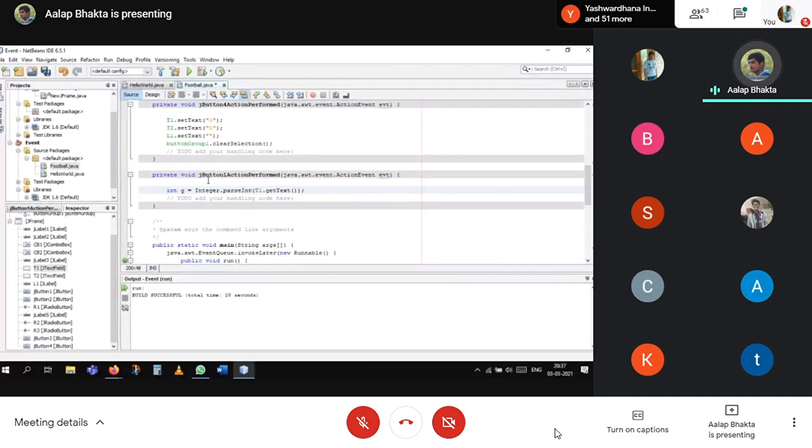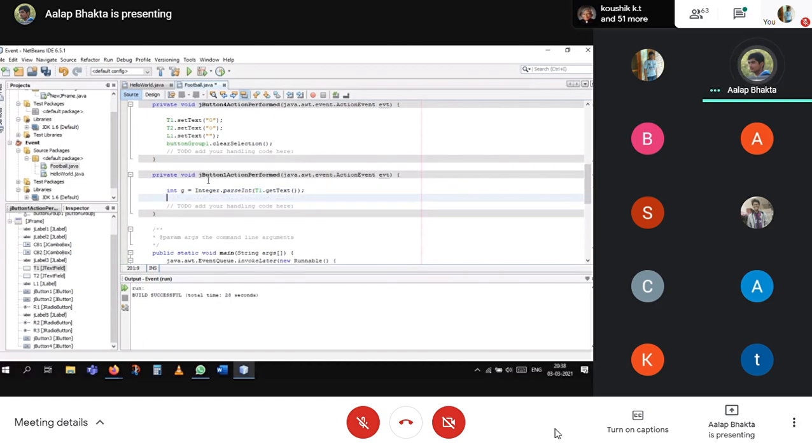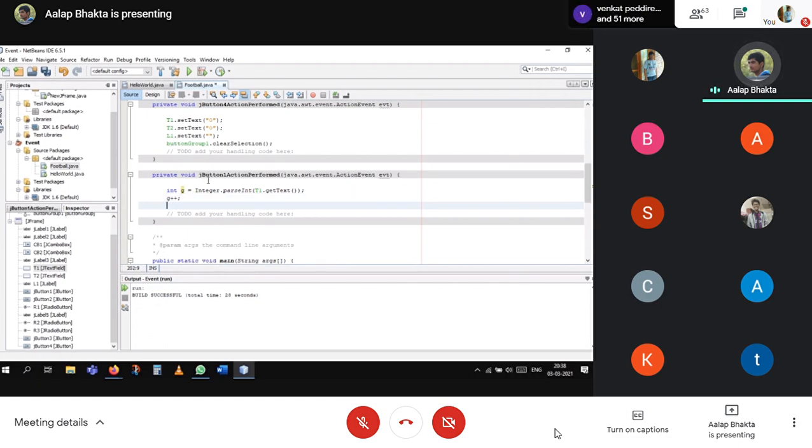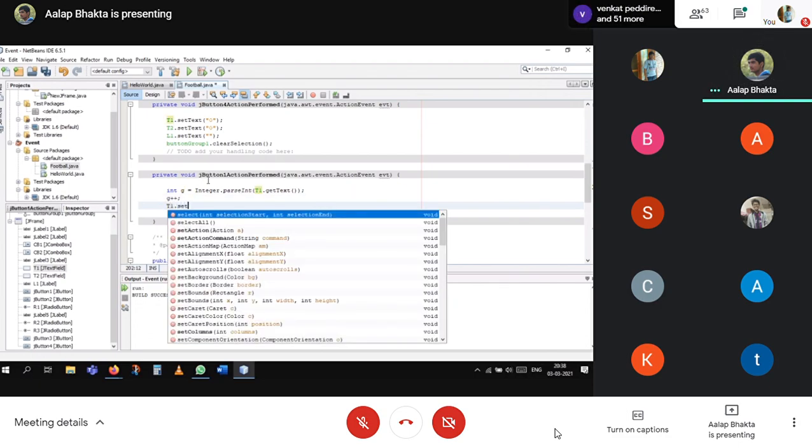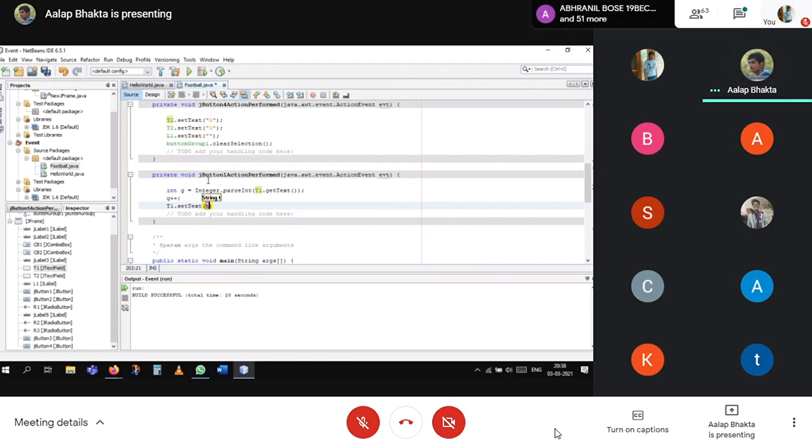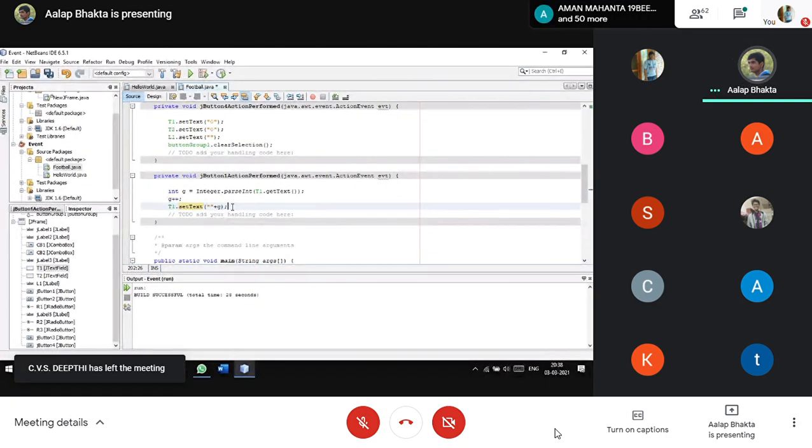This will get the value of that. Then G plus plus, the increment operator, which will increment the value of G by 1. Then we need to print it again. t1 dot set text, double quote or simple G. You can go like this, or I suggest G. You can go like this also. It will print the thing.